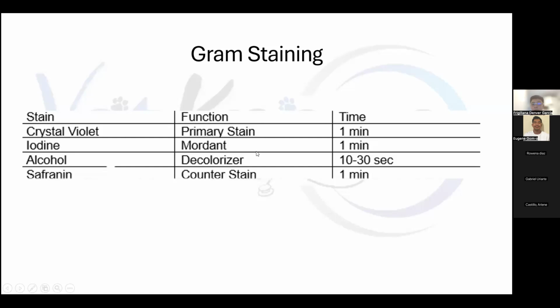Ayan. However, for gram-negative bacteria, since very minimal yung kanilang peptidoglycan content, after using your alcohol or after using your decolorizer, you will wash away your primary stain, your mordant, as well as the peptidoglycan layer na present. So after staining with your counterstain, ito lang yung makikita nyo yung safranin. For gram-positive bacteria, hindi na papasok sa safranin since the cell wall still contains the crystal violet and the iodine complex, or the CVI complex.